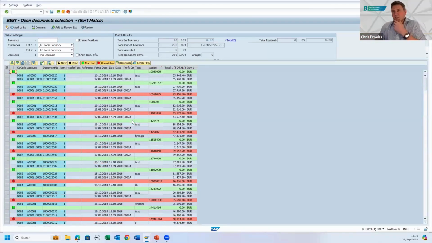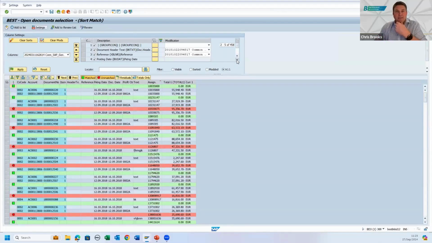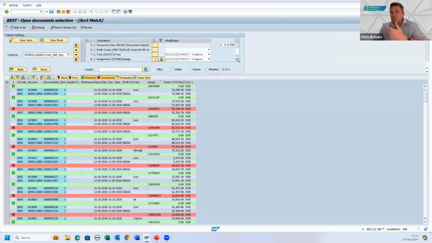stripped down display here so that you can see everything nicely and clearly, but I'm not limited to what I see here. If I just switch, this is what I'm looking at, but I could have any reference field that's sitting in accounting documents on the header or on the line item. You can see, I think there's 458 options that I've got in this list that I can pull in. So any of those fields I can pull into here and use as part of my clearing criteria,